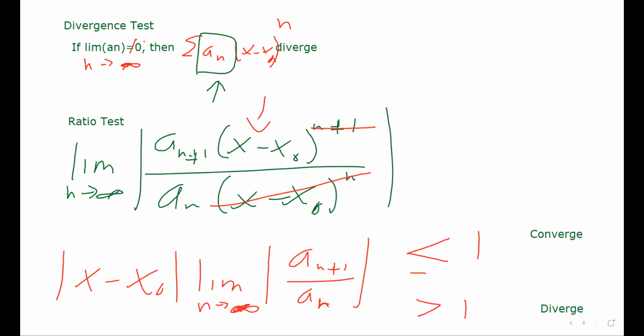But if it equals 1, we have no clue. It's inconclusive. We have to find a different test in order to use. So smaller numbers are good. Less than 1, converge. Greater than 1, diverge. Equal to 1, not so sure. But we use this ratio test a lot